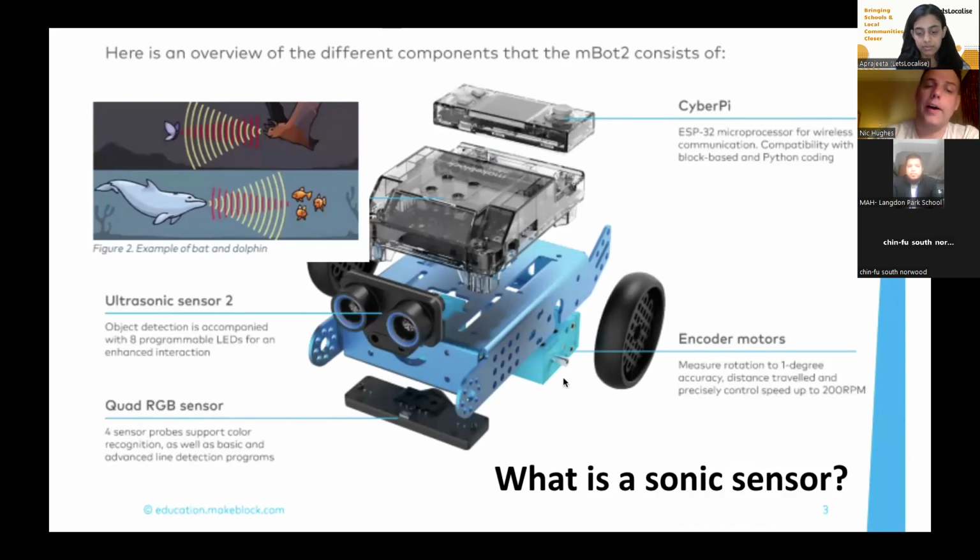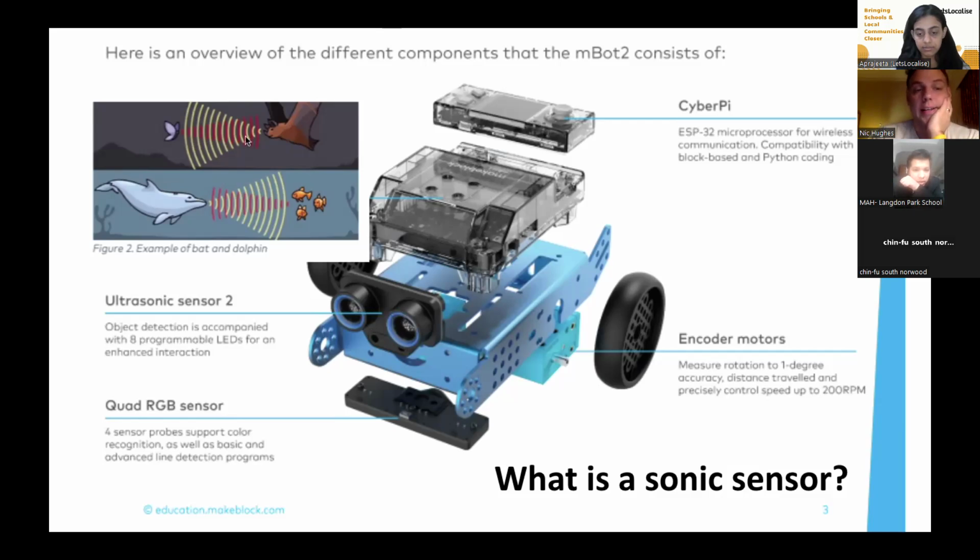Even though they look like eyes, a lot of people will say that when we talked about it and asked, what did you notice about the robot? They've got eyes on them. They are eyes, but they're not eyes in the way we see. They are not cameras. One is a speaker and one is a microphone fundamentally, and one makes a small noise and the other one picks up the noise. So it's detecting the distance from the front of the robot to an object. It's detecting bounced signals. That's how it works.